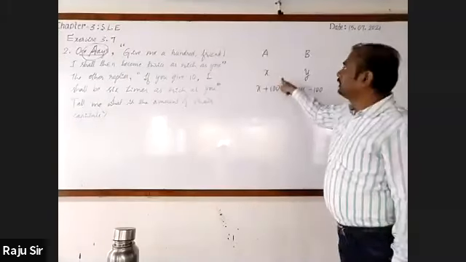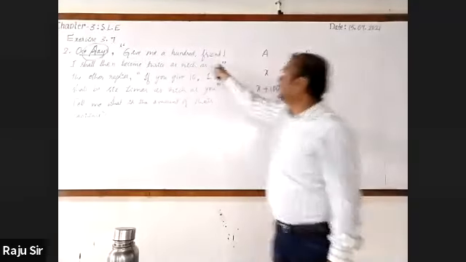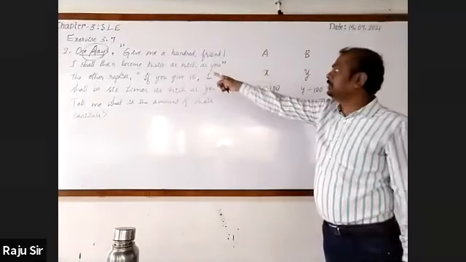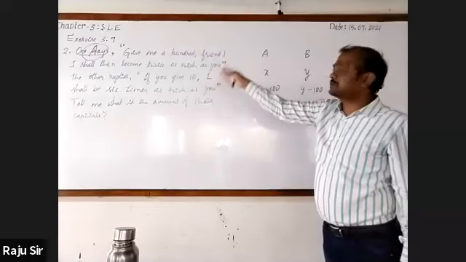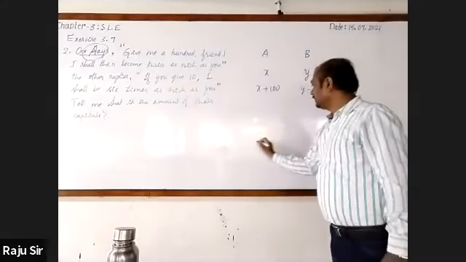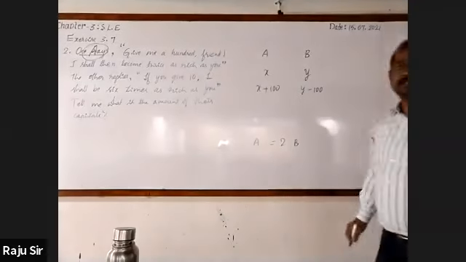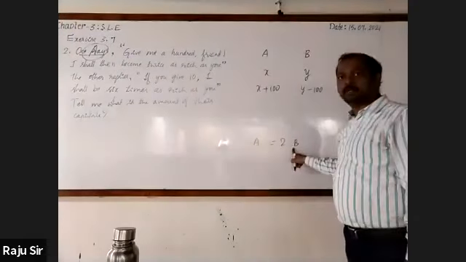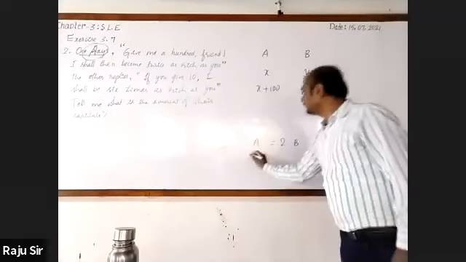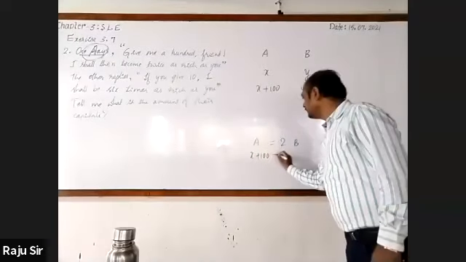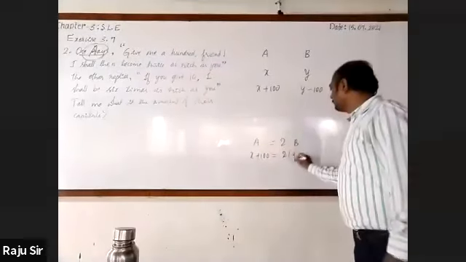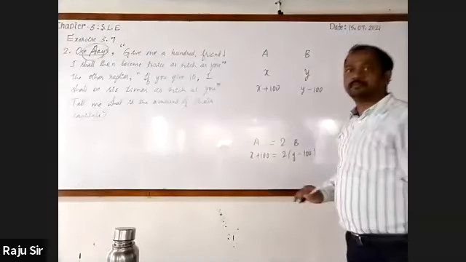Now he will say that if you give me 100, I will become twice as rich as you. A becomes twice as rich as B, and this can be written as the equation: X plus 100 is equal to